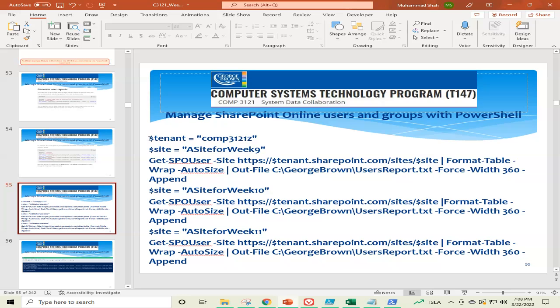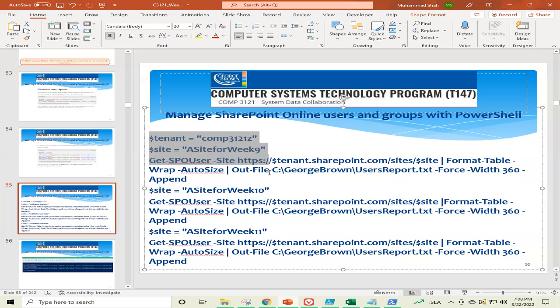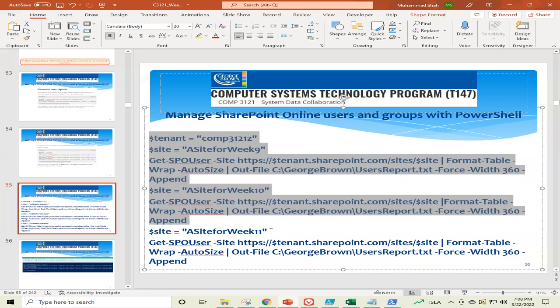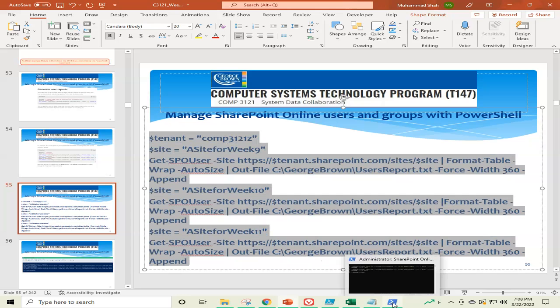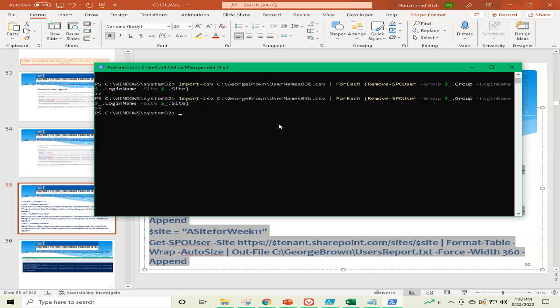We can do it once. We just have the tenant that we don't need to change, and sites we need to change if we want to get the information from 3 sites, like site number 9, 10, and 11. And how this will work, we just click into the copy and paste into SharePoint Online Management Shell or into